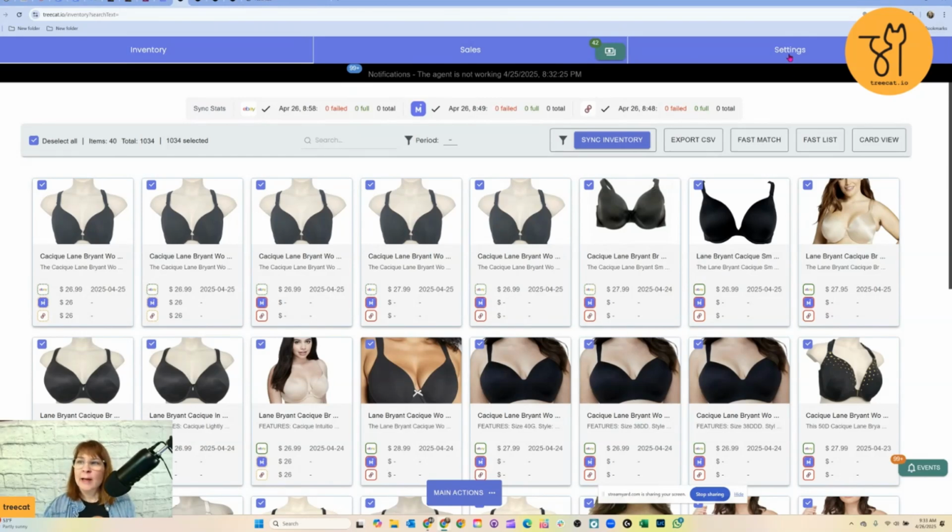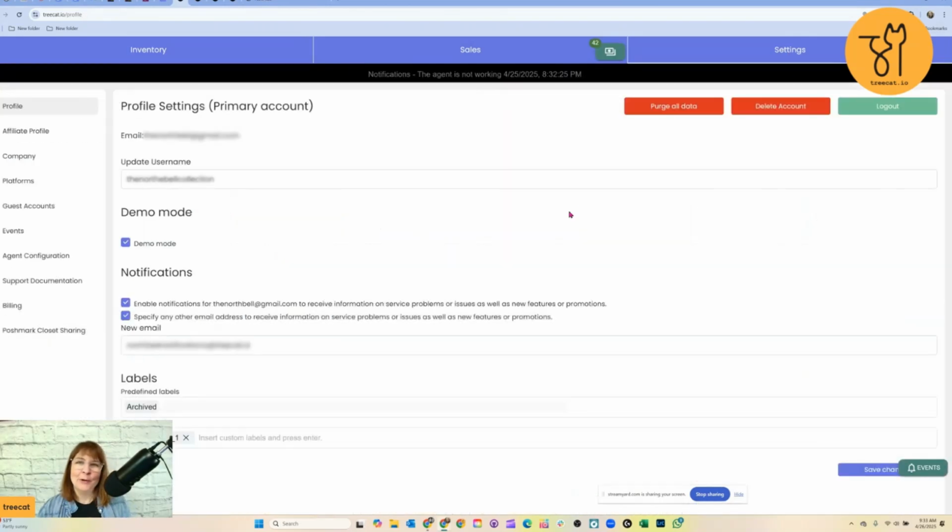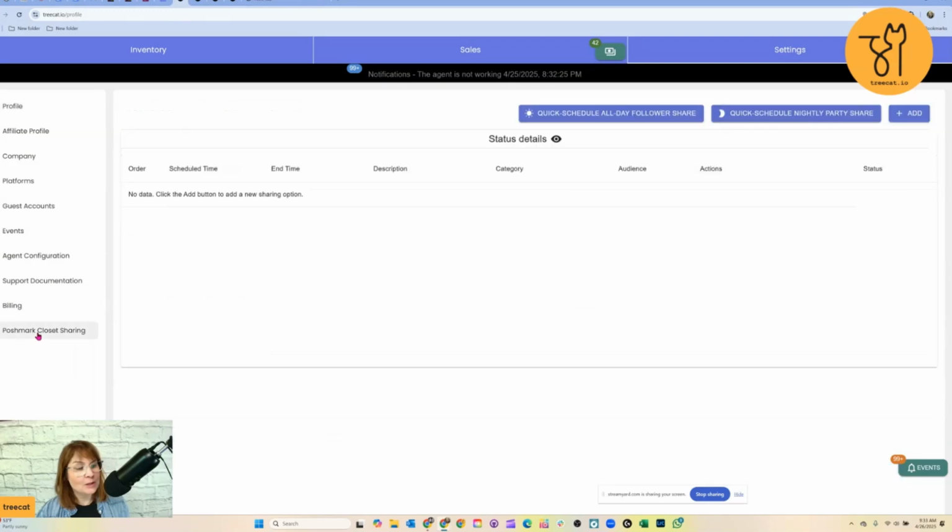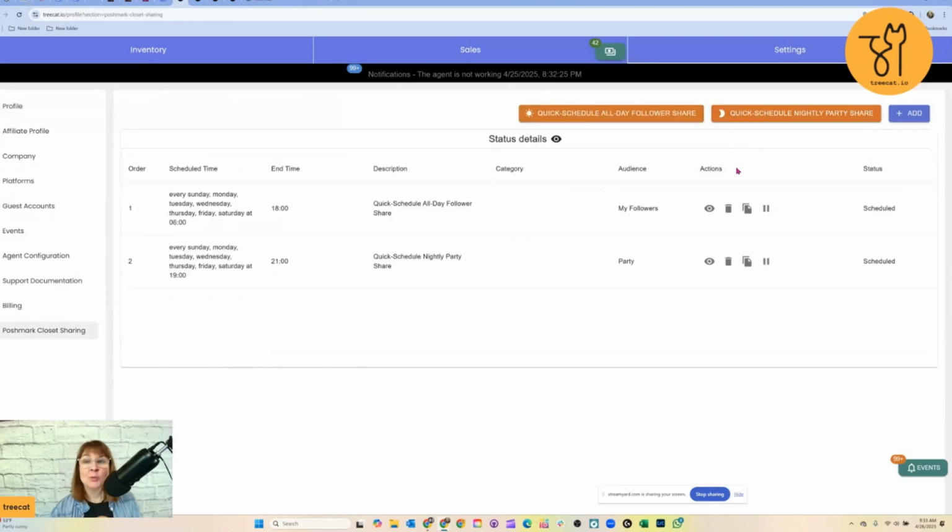Now, if you're like, I'm not paranoid, but I really just want to take a break from Poshmark sharing too. Although we all know that Poshmark kind of set the standard for Poshmark sharing. They even have their own Poshmark sharing. So I'm not sure how they're going to be dealing with Poshmark sharing, because that's part of their whole thing. But if you're like, hey, I just want to take a break from this,